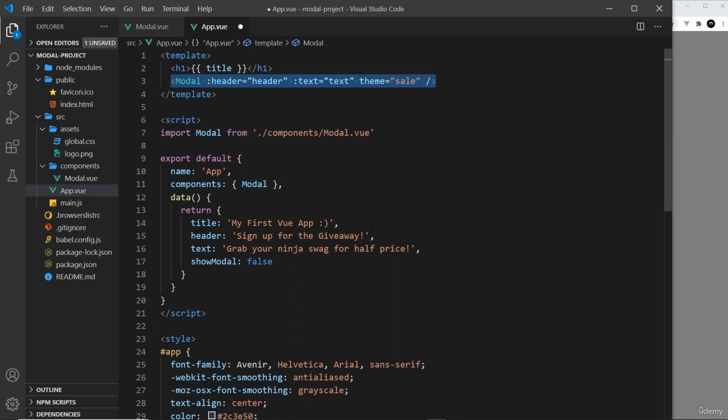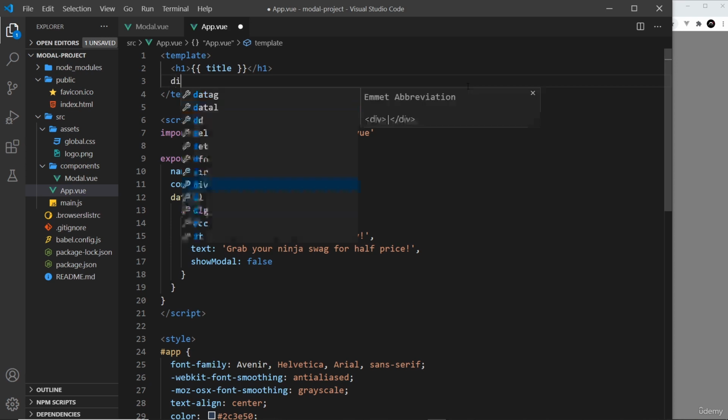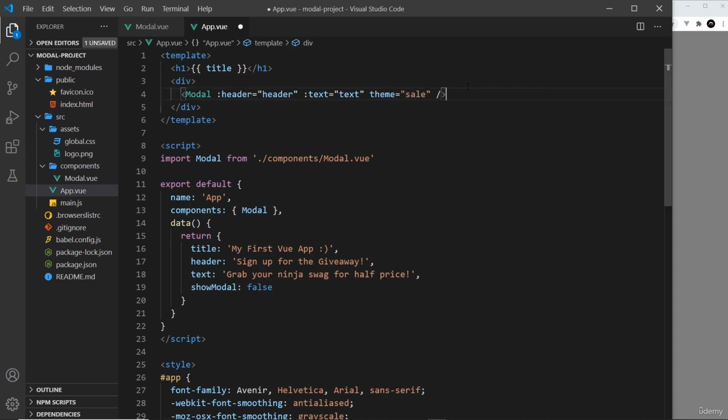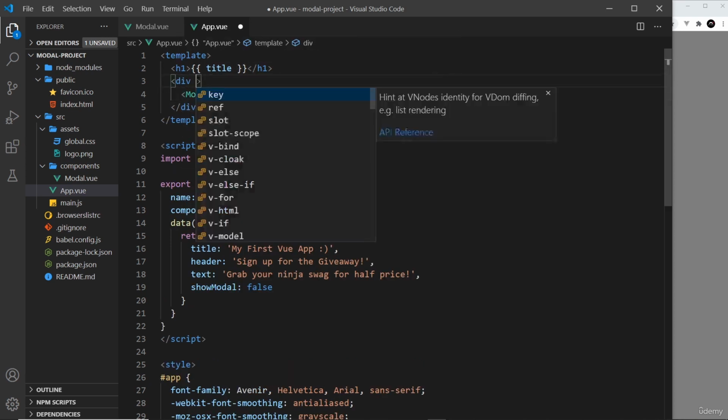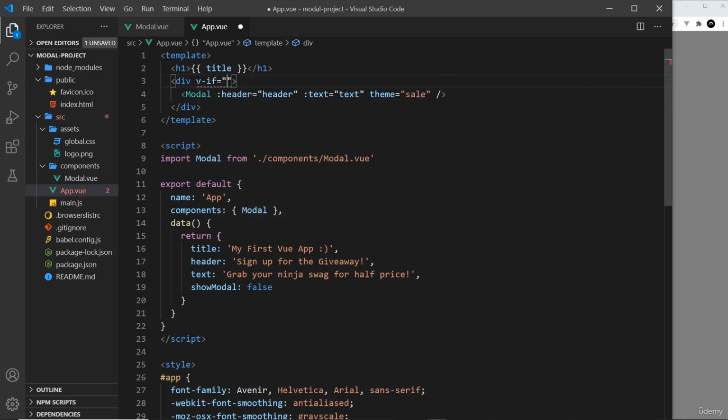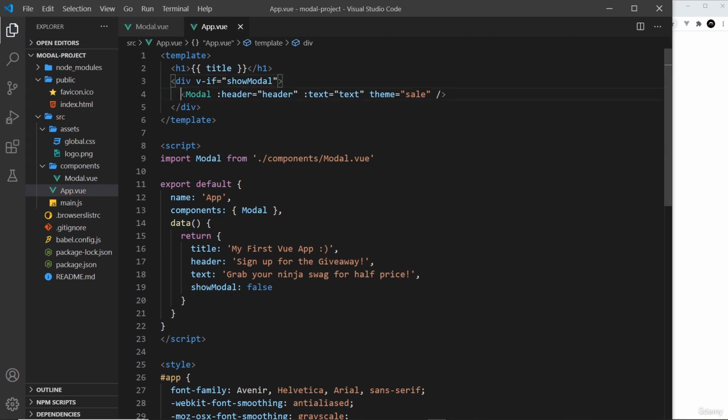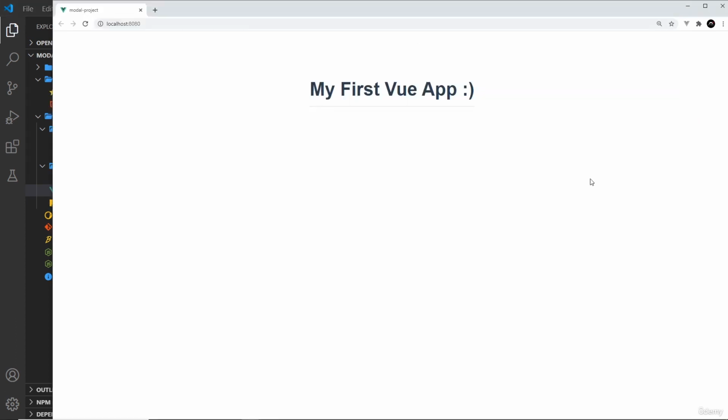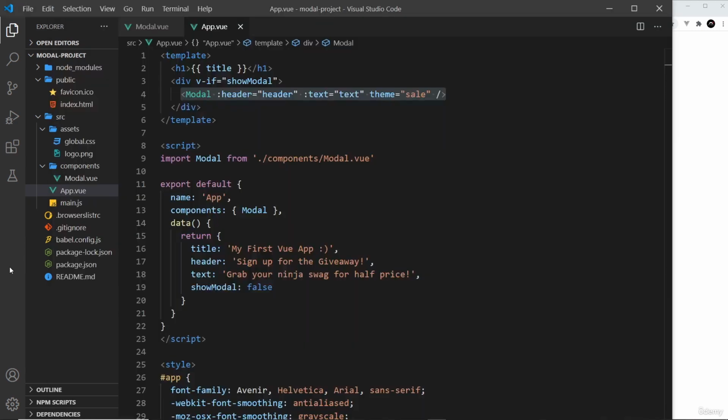If it's true, we do show it, and we're going to do that by using v-if. So let me wrap this inside another div. I'm going to cut it here and say div, and inside that we'll place the modal again. And this time we'll say v-if and set it equal to this property right here. So now only when that is true will this modal show, and we can see over here it doesn't show